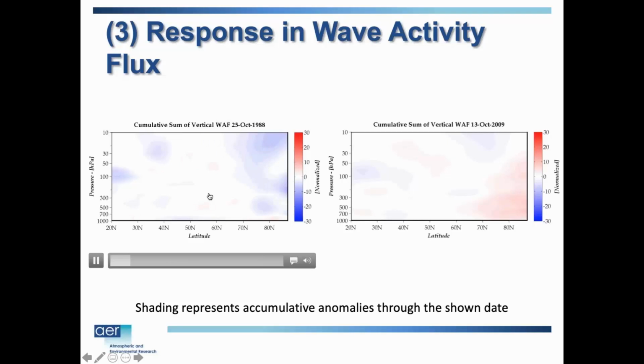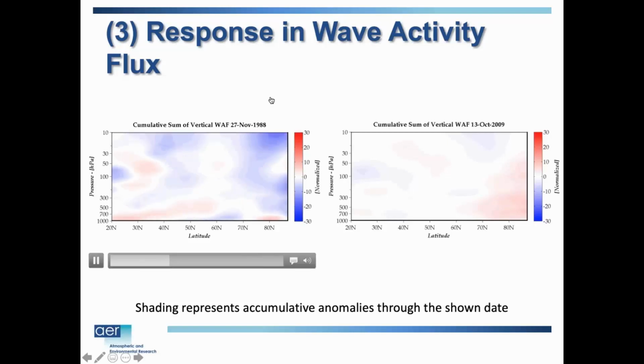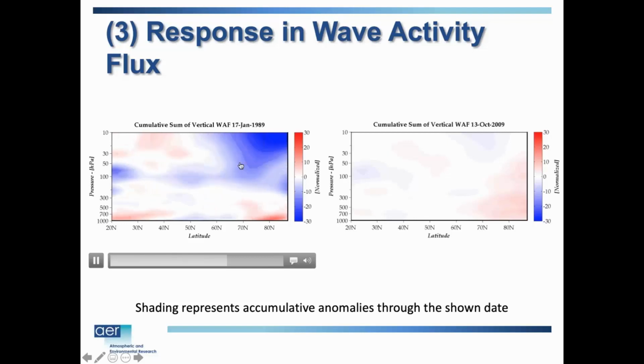So first step was snow cover. Second step was this either expansion or contraction to the northwest, the Siberian High, and then the third step is the polar heat flux, or we'll call it wave activity flux. So again, in the fall of '88, you had low snow cover, you had a weaker than normal Siberian High, and you can see you have a deficit in this polar heat flux. The blues show negative anomalies.